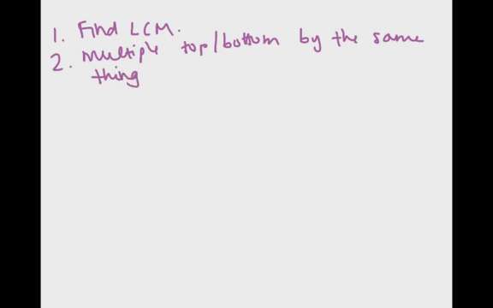And that's because when you have like 3 over 3, that's 1. So if you multiply the top and the bottom by the same thing, you're multiplying essentially by 1. You're just rewriting it, making it look a little different. So we multiply the numerator and denominator by the same thing